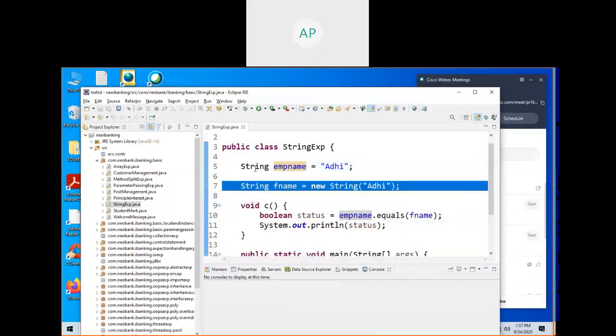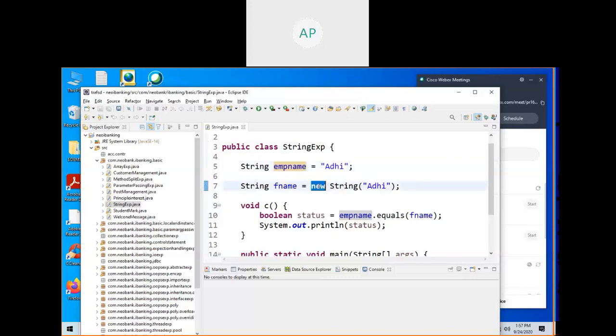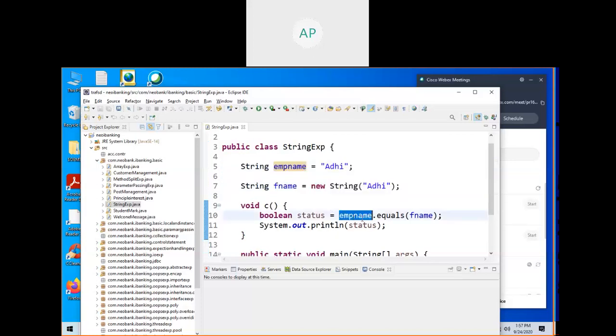Okay, I created a string. This is also going to create a string, and this is also going to create a string. This is the literal way of creating, and this is by using the new operator. This always creates an object in heap. This will be allocated to the string constant pool. String contains n number of methods. One method is equals. It will see the content of both strings. This one is this one, and this one is this one.